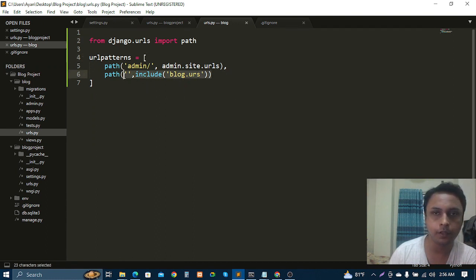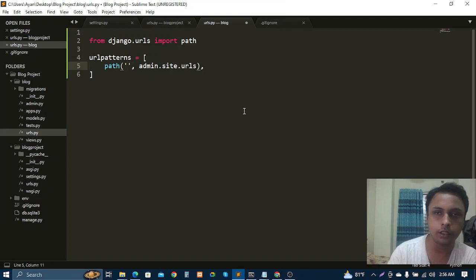Okay, so let me add the first home route. So to define the home route, we will just delete this path. This will be our home route, and here after this quotation we want to add views from our app, which